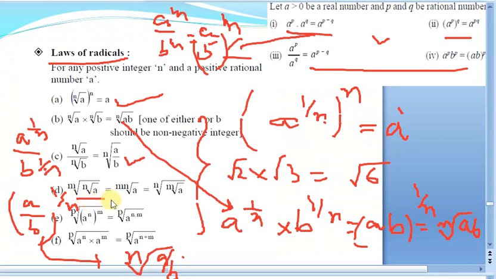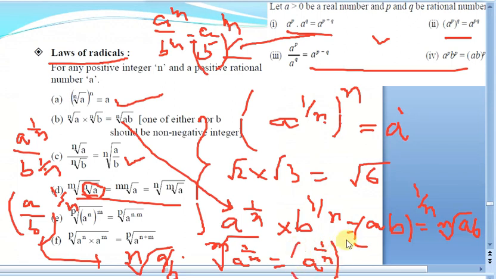Now see this one. Always remember, whenever there is a complex surd notation like this, mth root of nth root of a, try to simplify it from the inside. So now see the inside part. This is nth root of a. Nth root of a means a power 1 by n. For that there is mth root. So mth root means power 1 by m only. Already inside it is a power 1 by n, whole power 1 by m.